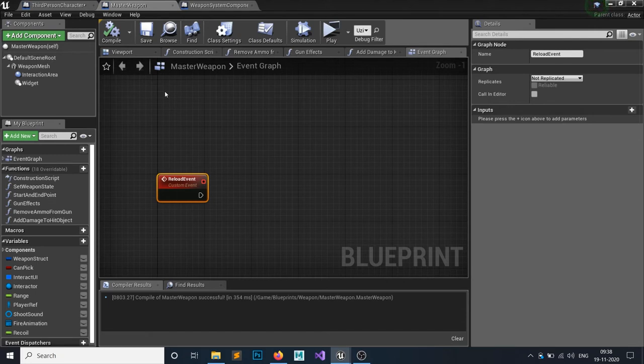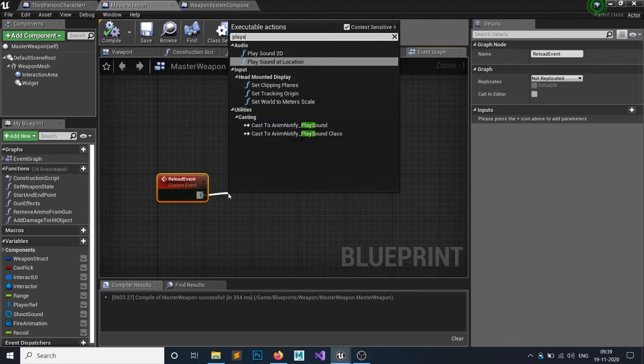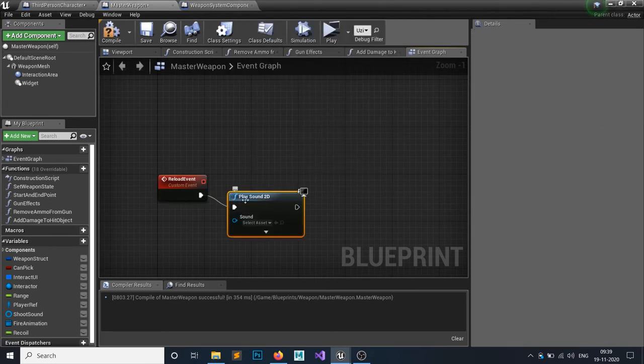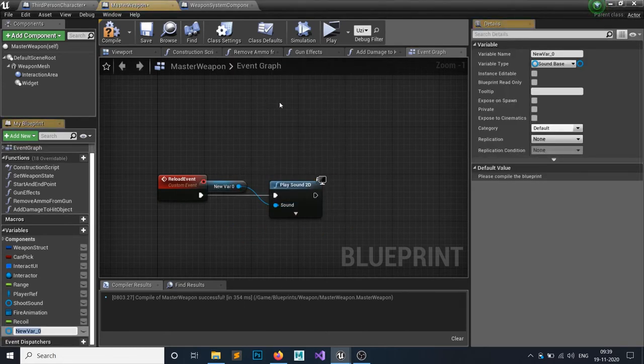For the reloading part, first things first, whenever I reload, I need to play a sound 2D, and let's say this sound is my reload sound, so I will simply promote to variable, call it reload sound. Okay, so first we are playing the reloading sound, then we have to play a reloading animation.